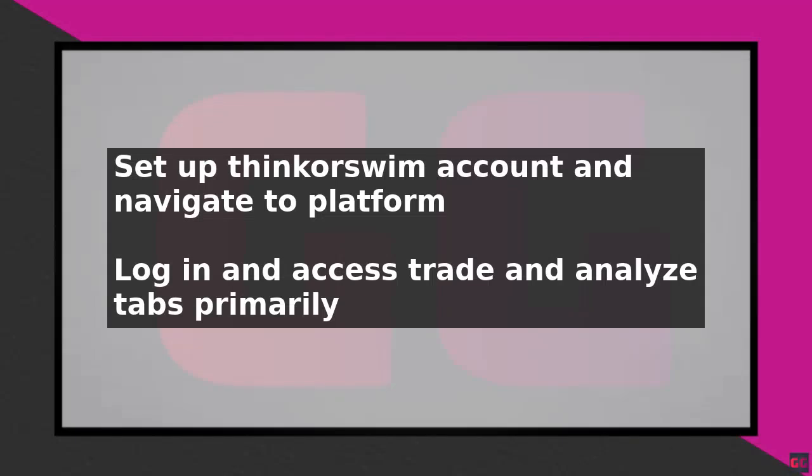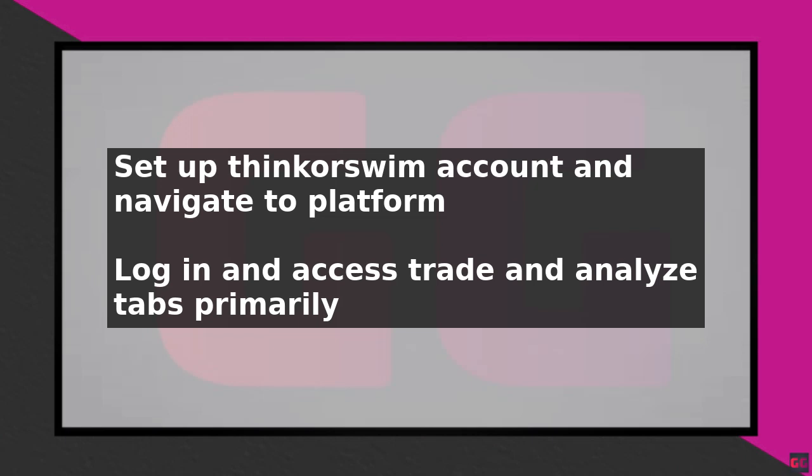To set up Thinkorswim for swing trading, start by logging into your Thinkorswim account and navigating to the platform. Once you are logged in, you will see a variety of tabs and menus. But for swing trading, you will primarily be using the Trade and Analyze tabs. First, set up your Trade tab by selecting the stock or asset you want to trade and setting your account